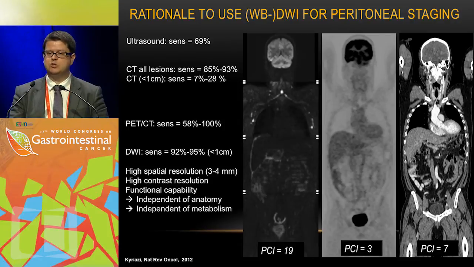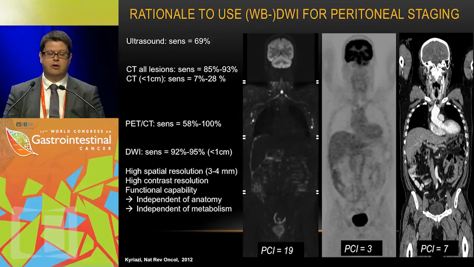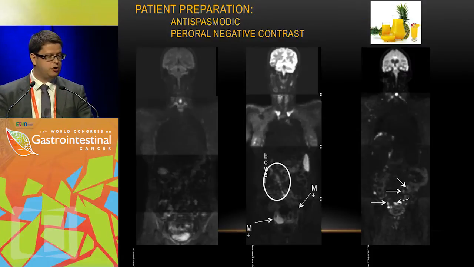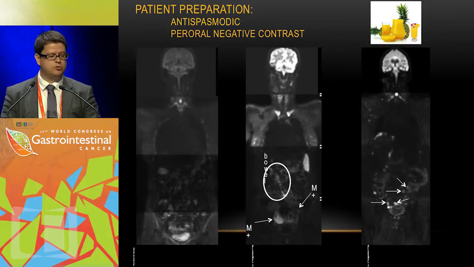And one of the major advantages that has been described in literature is the very high sensitivity for peritoneal implantations smaller than 1 centimeter. And usually these are the lesions that are clinically relevant to the surgeon. But there is a trick to it. It's a very simple trick, but it's a necessary trick to make the technique work, to see the serosal depositions